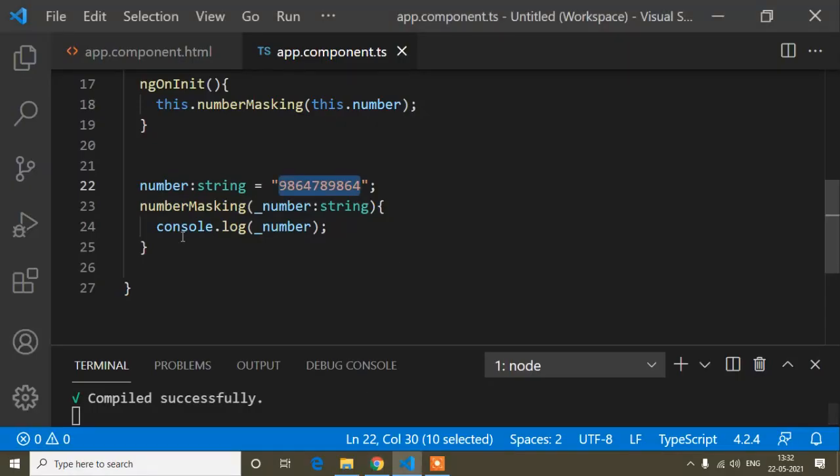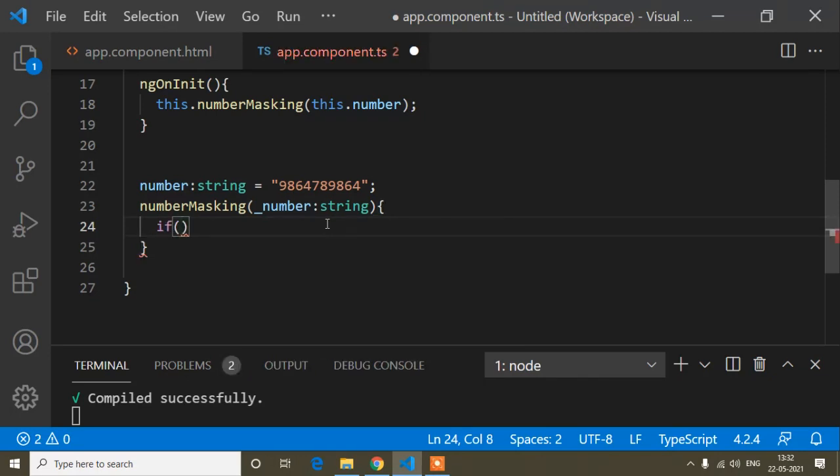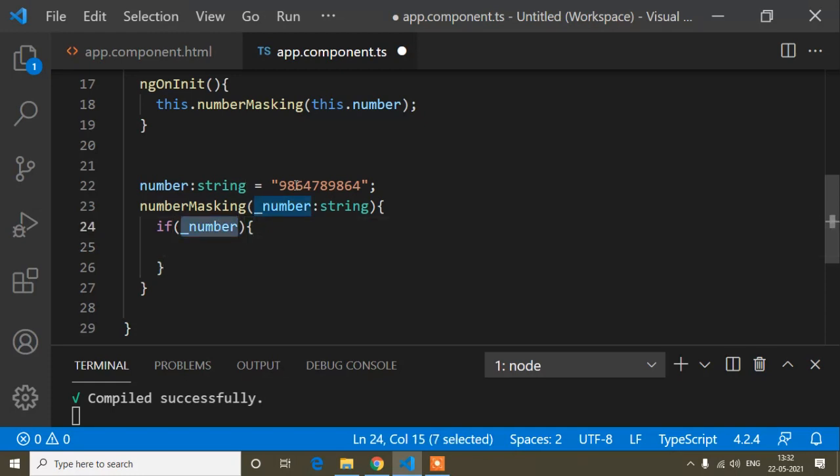So now guys, I have to write a condition. The condition is an if condition. So I will remove this console, and inside this method I will write the if condition. If I get this number, so this number parameter means this thing. That means when I get this number, I will write the next line of code. Sometimes I have written the number statically, but when it comes from the API, it may sometimes come blank. So when it comes blank, I will write inside this else condition.